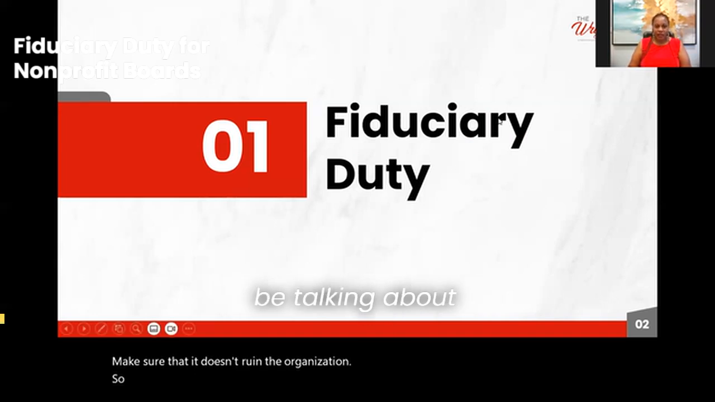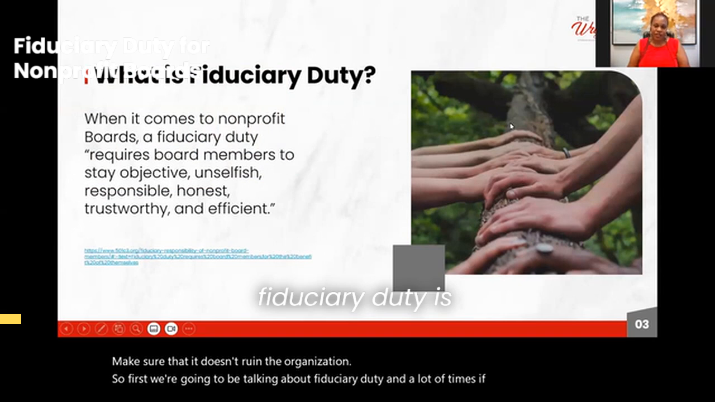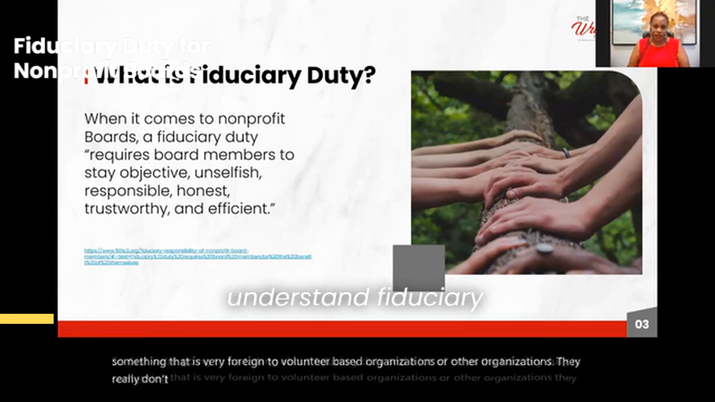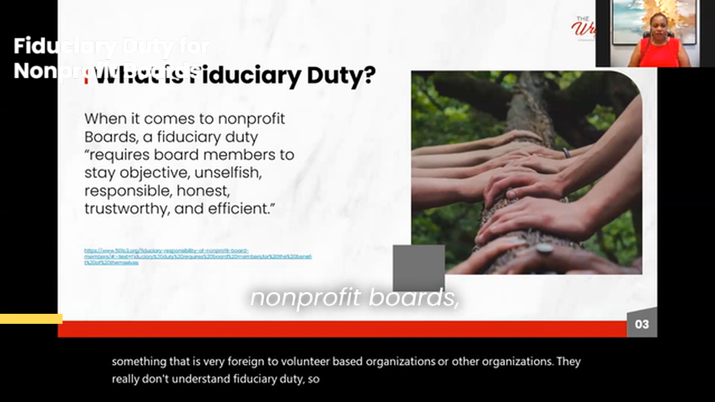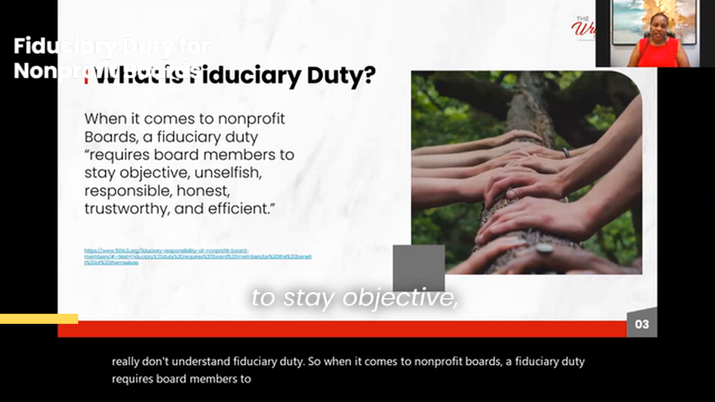So first, we're going to be talking about fiduciary duty. And a lot of times, fiduciary duty is something that is very foreign to volunteer-based organizations or other organizations. They really don't understand fiduciary duty. So when it comes to nonprofit boards, a fiduciary duty requires board members to stay objective, unselfish, responsible, honest, trustworthy,